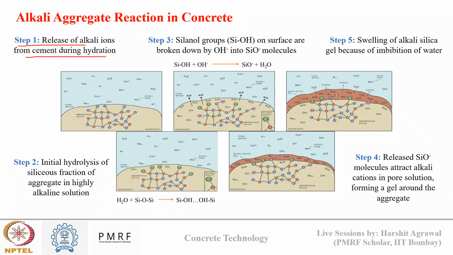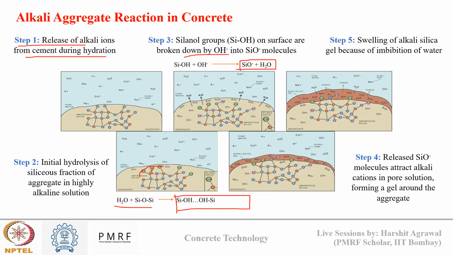silanol groups. Okay, so you can see here I have silicates in aggregates. Due to the high alkaline environment, they react with water to break down into SiOH compounds. Now, these silanol groups further break down in the presence of alkali ions into SiO negative ions. So this reactive silica will again break down into SiO negative ions in the presence of alkali ions